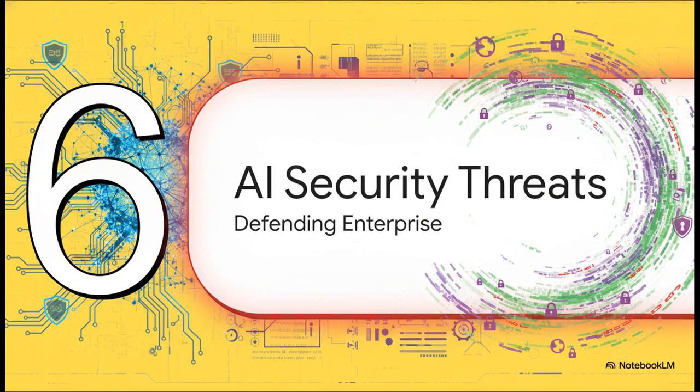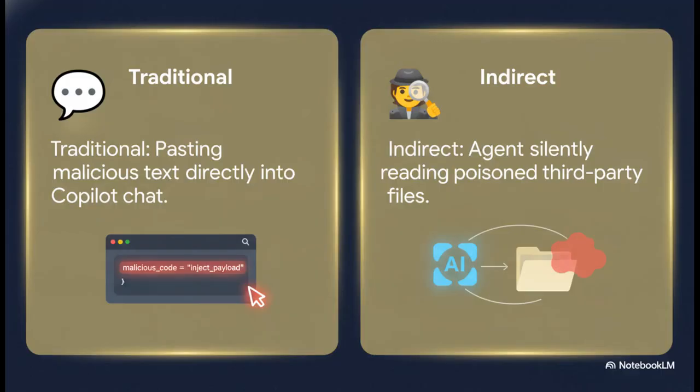Section 6. AI-specific security threats. Now, with this unprecedented level of system access comes a terrifying new category of threats that traditional tooling just didn't have to deal with. Take prompt injection. Traditional prompt injection is kind of like a user handing the AI a poisoned apple, pasting malicious text right into the chat. But indirect prompt injection, that is like someone poisoning the water supply. It happens when the AI silently ingests hidden malicious instructions from open workspace files or a Confluence page it reads